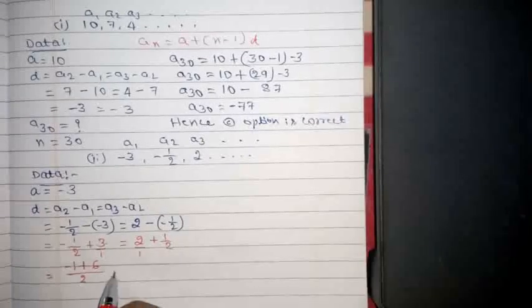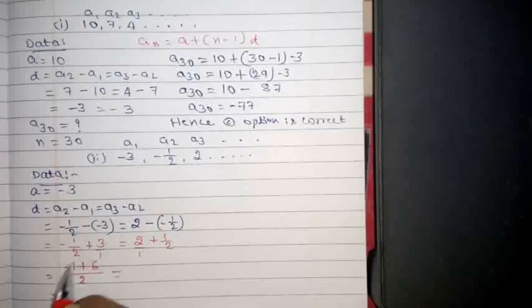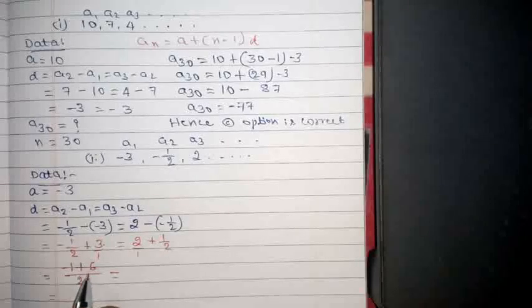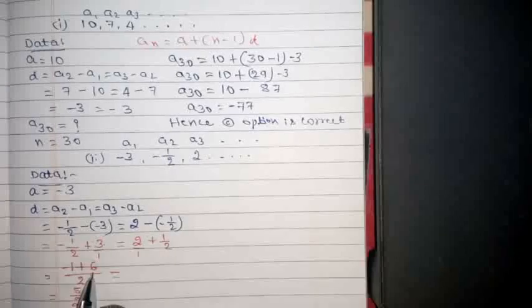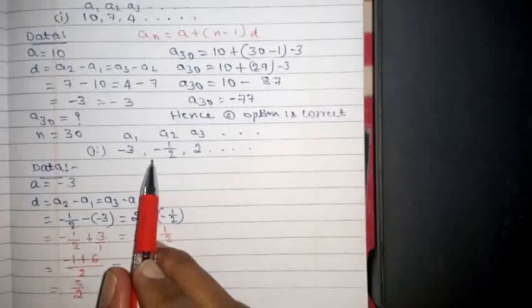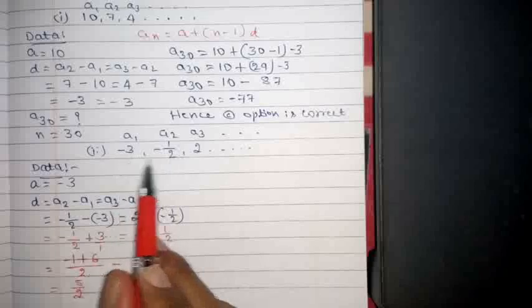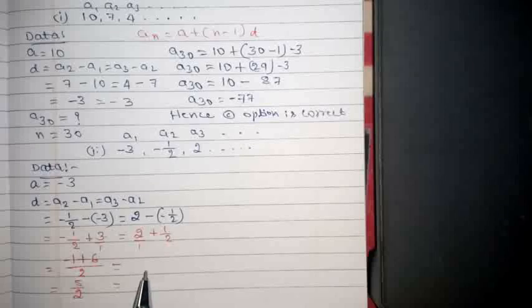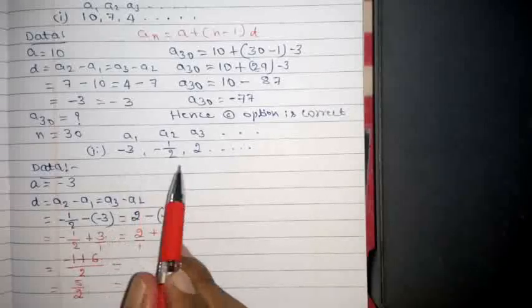That's equal to, I'll simplify this. Afterwards I'll take the LCM for this place. Now here, minus into plus is minus, so therefore you need to subtract. If you subtract, 6 minus 1 is nothing but 5 by 2. The sign of the biggest number is plus. So therefore 5 by 2. Right? If the same answer comes here also, then this list of numbers or these terms are called AP terms. If the common difference is different, then this is not an AP. We will say this is not an AP.